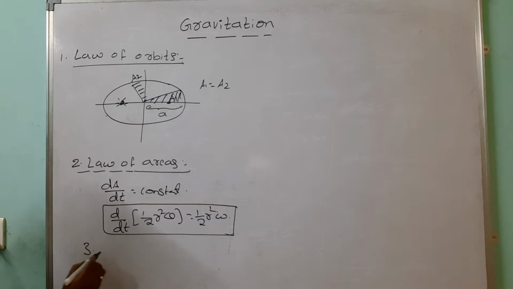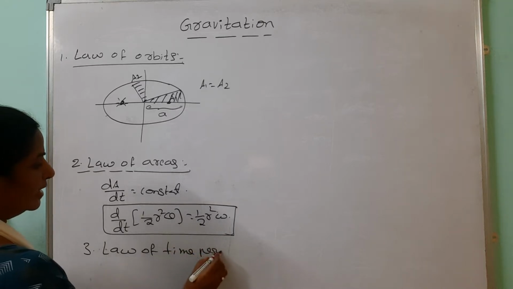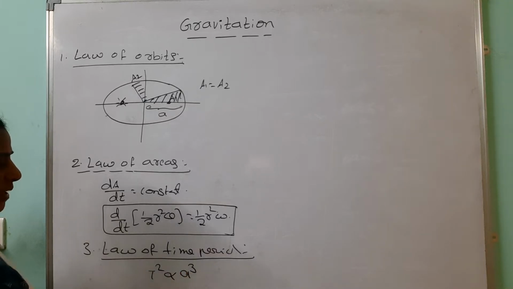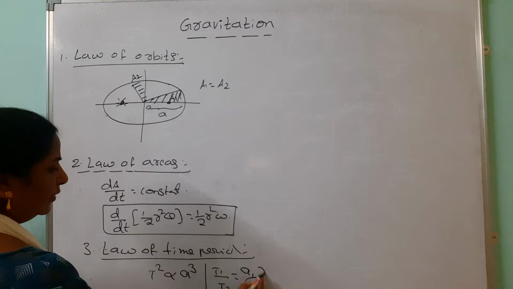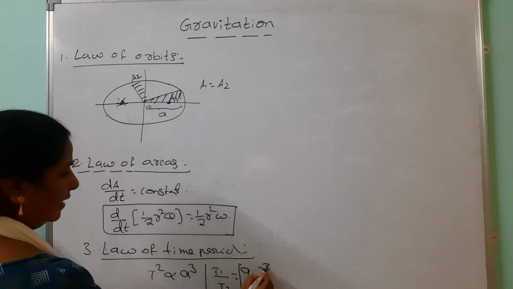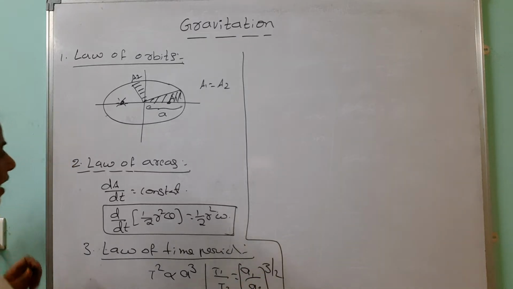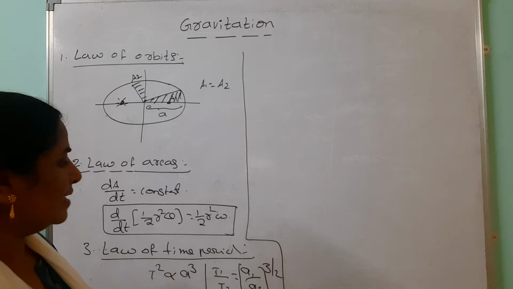Then the third one is the law of time periods. What is the law of time periods? He has given the relation between the time period and the semi-major axis. The square of the time period is directly proportional to the cube of the semi-major axis. Also, we can take T1 by T2 equals A1 by A2 whole to the power of 3 by 2. So these are the law of orbits, the law of areas, and this is the relation between the time period and the semi-major